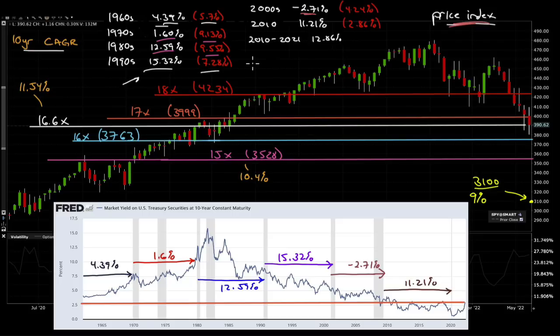7.28% average yield on the Treasury. And 2000s, you had a lower Treasury yield, negative price return because you had to deal with both the .com crash, which happened over here, and the great financial crisis. If you had offset these 10-year decades like 65, 75, 75 to 85, 85 to 95, the numbers would change, but the pattern would still be the same, except you'd get rid of this negative number.